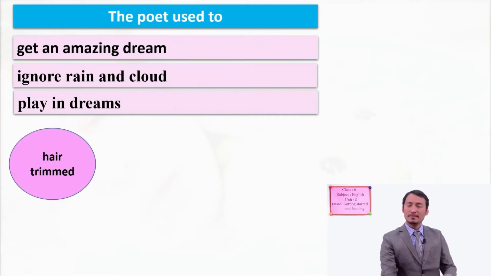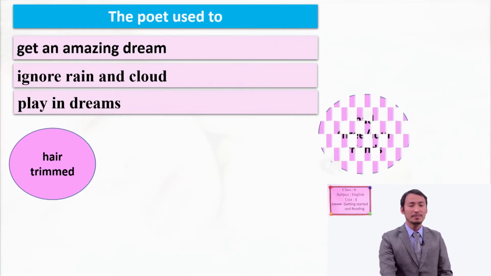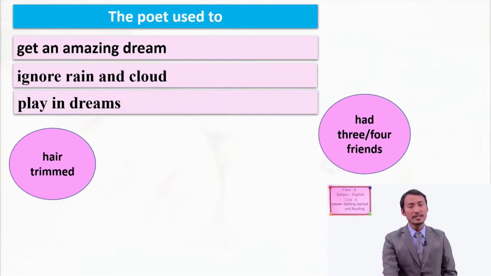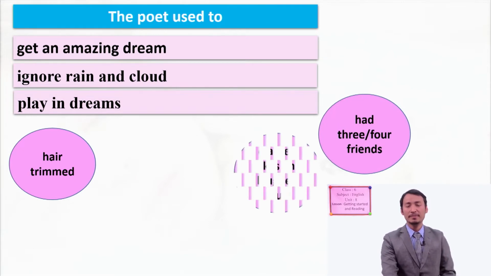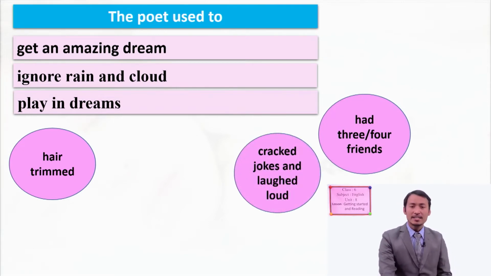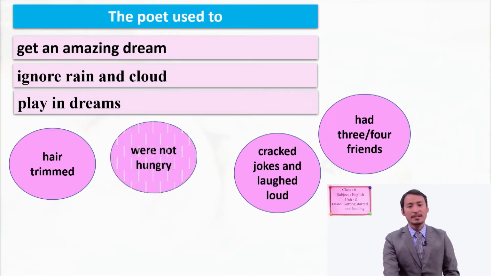So different activities he did in that dream, had trimmed hair and had 3 or 4 friends in the dream. He cracked jokes and laughed loud, and he and his friends were not